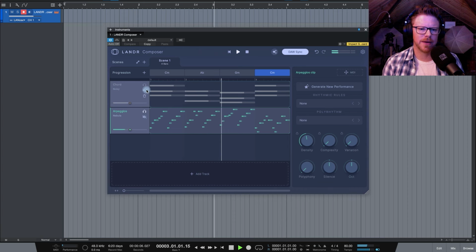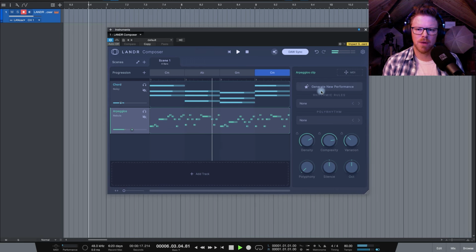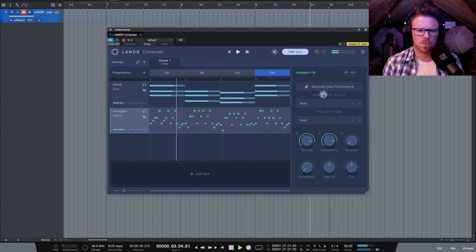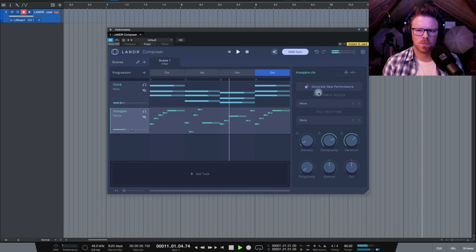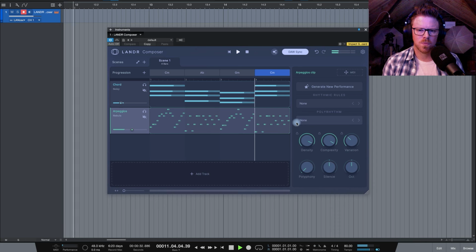Let's listen to them together. Just mix them together using the volume sliders. Generate a new one. That sounds pretty cool. Let's change the sound around